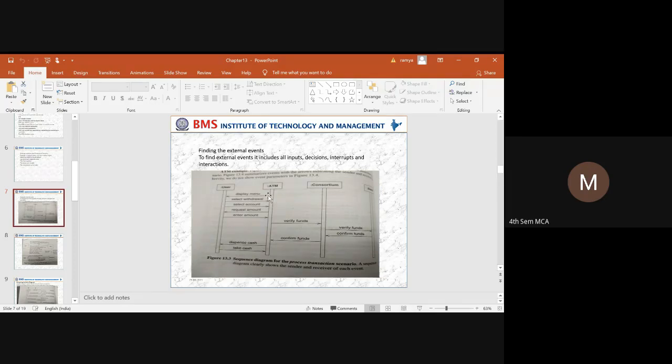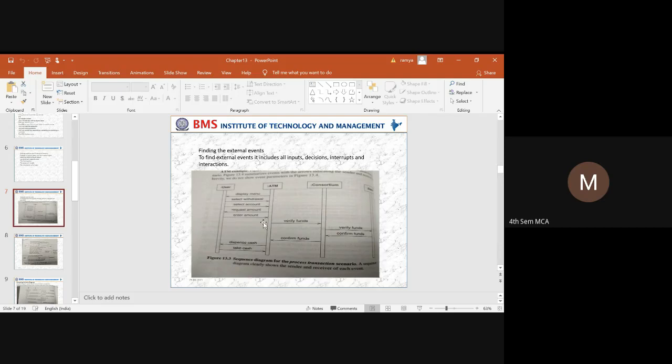Then the user will select the option from the menu, that is withdrawal. Then the user is going to select the amount, and the ATM will request the amount. The user is going to enter the amount.